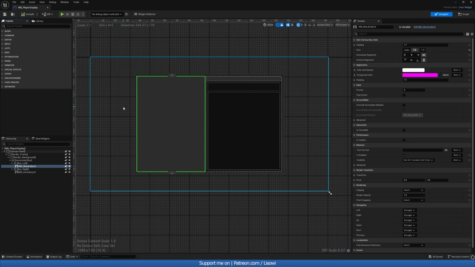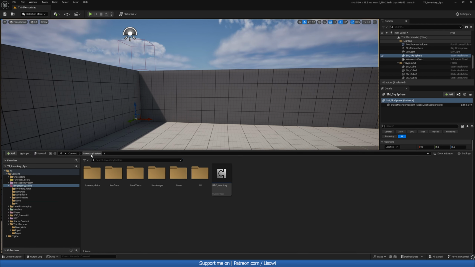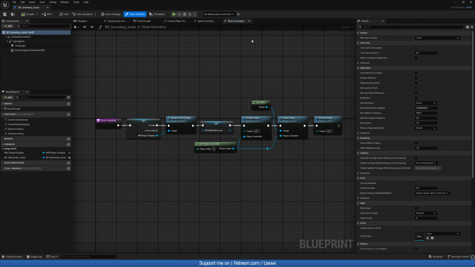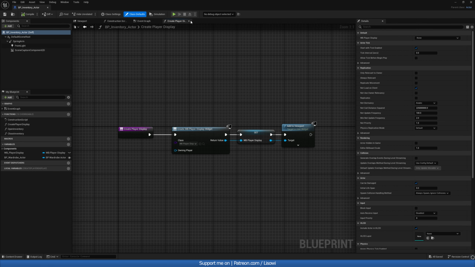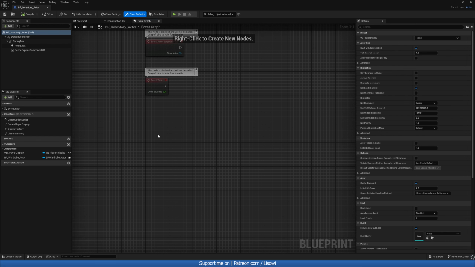Next, we'll go ahead and set up the controls for rotating our character in the inventory screen. So for that, we can close this down and let's head to our inventory actor. So where is that inventory actor? bp_inventory actor. So in here, we can close all of these functions down, and on the event graph, let's grab a left